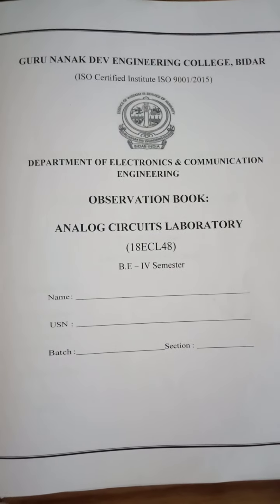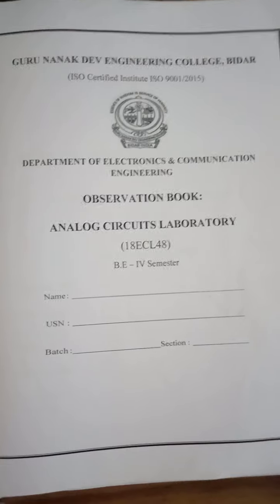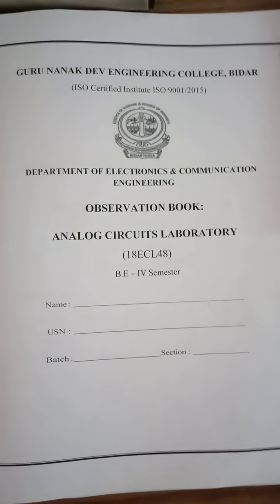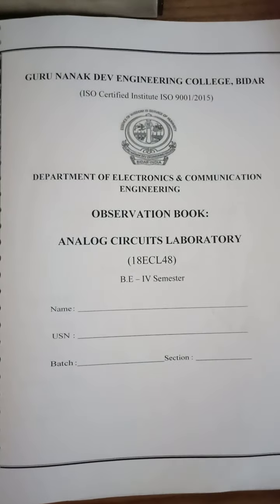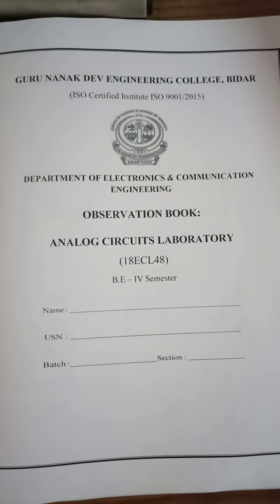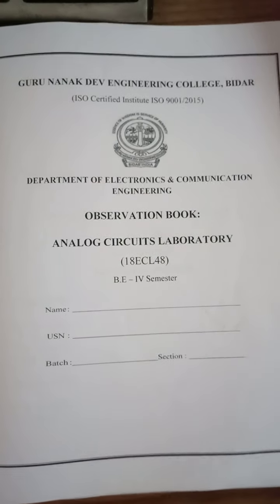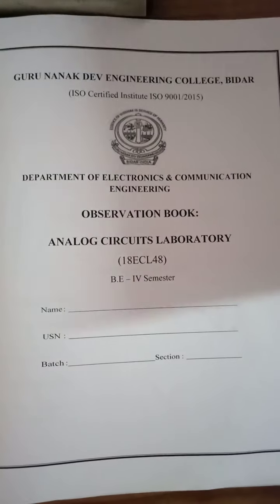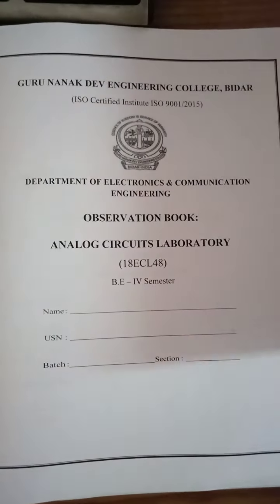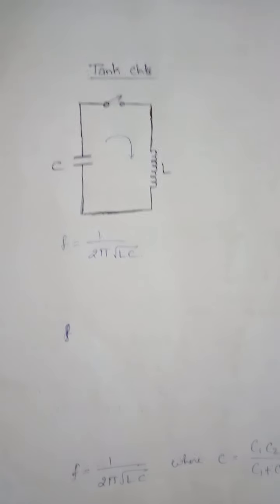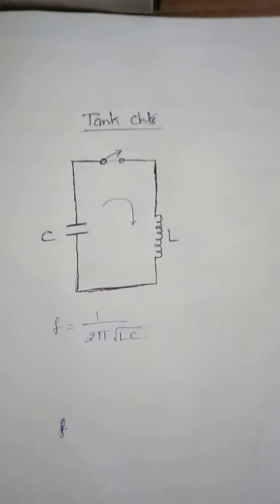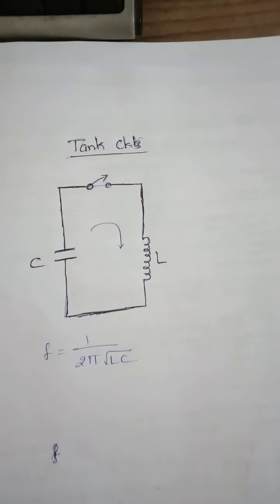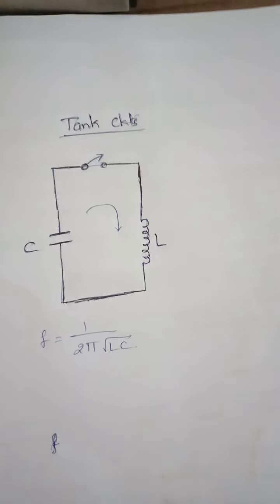In this video, we will be observing the demo on Colpitts oscillator. This oscillator is one kind of LC oscillator and it is used to generate the high frequency signal, typically in the range of radio frequencies. In this circuit, an LC circuit is used in the feedback path of the oscillator. This circuit shows the tank circuit called the LC circuit. LC circuits oscillate at the resonant frequency.